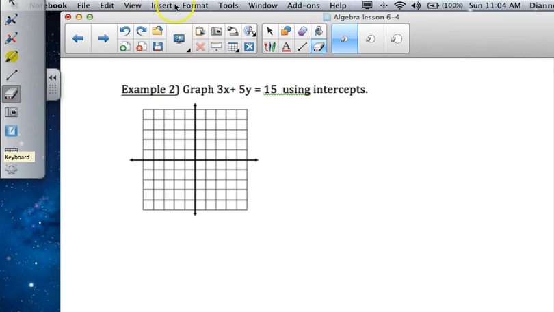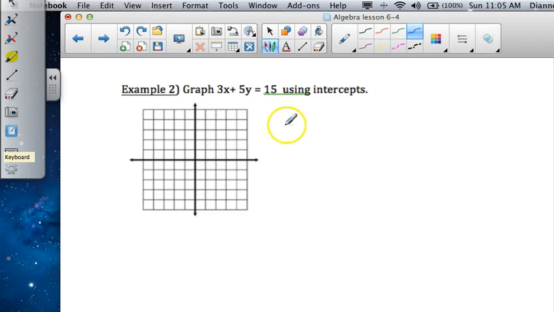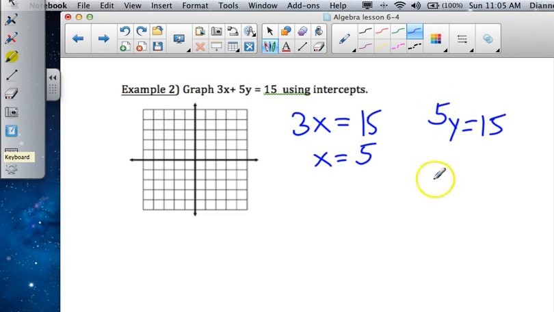Undo line. Okay, so hopefully, real quick, I'm just going to give you the answers here. You realize that 3x equals 15, so x equals 5 is the x-intercept. And 5y equals 15, so y equals 3 is the y-intercept. So (5, 0) and (0, 3) would be your